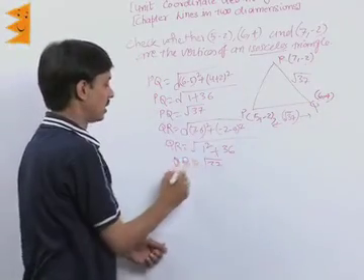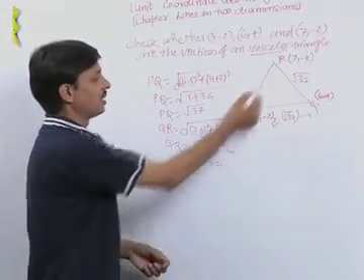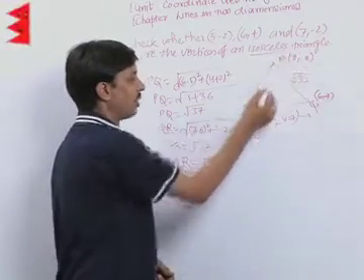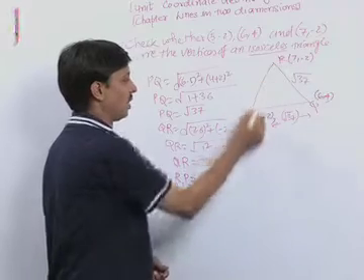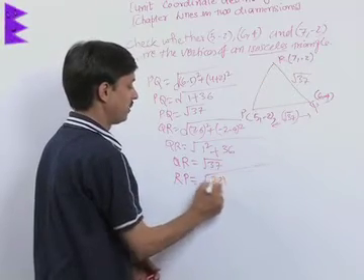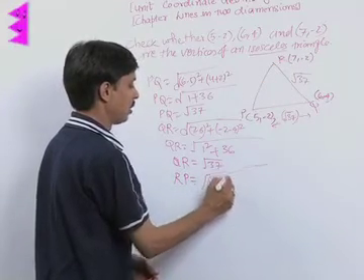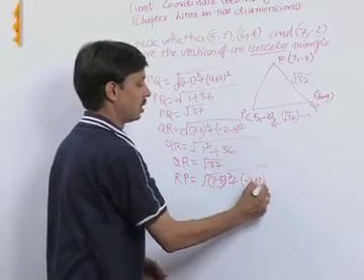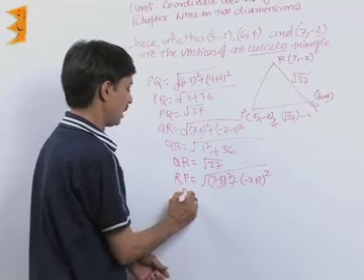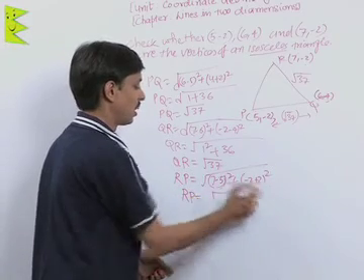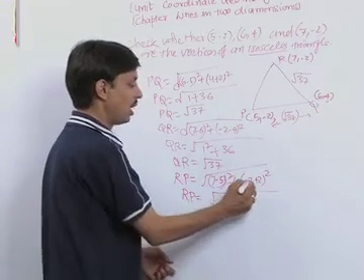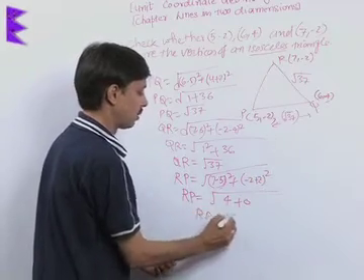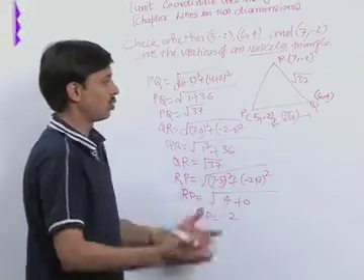Now we will calculate the third length RP. The length RP will be calculated again using the distance formula, root of (7 minus 5) square, plus (minus 2 minus of minus 2, that is plus 2) whole square. So the length RP is coming out to be 7 minus 5, 2 whole square is 4, minus 2 plus 2, 0 whole square is 0. So the length RP is coming out to be what? Square root of 4 is 2.